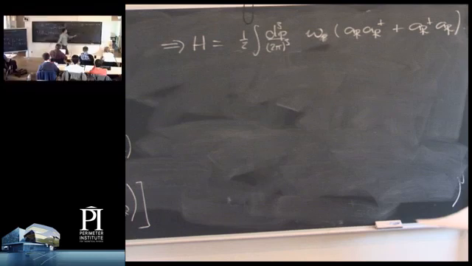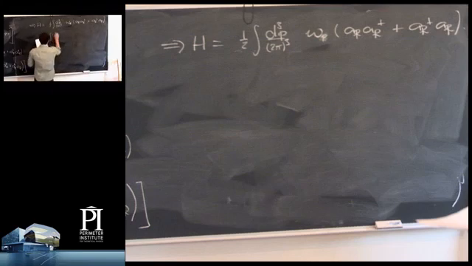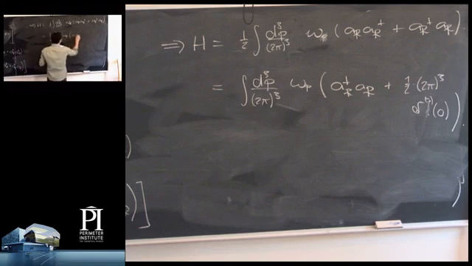Now there's one other thing we can do, which is try and get the Hamiltonian in the same way as this, to get this sort of ground state energy here. And remember, the way we do this is we take this and we commute them past each other and then just double up with this. So we could also write this as 2 pi cubed omega p a dagger p a plus